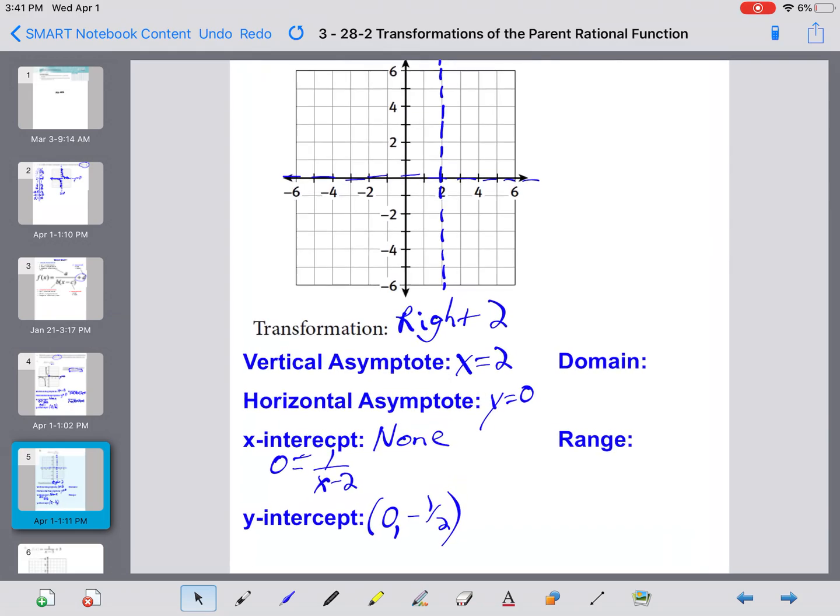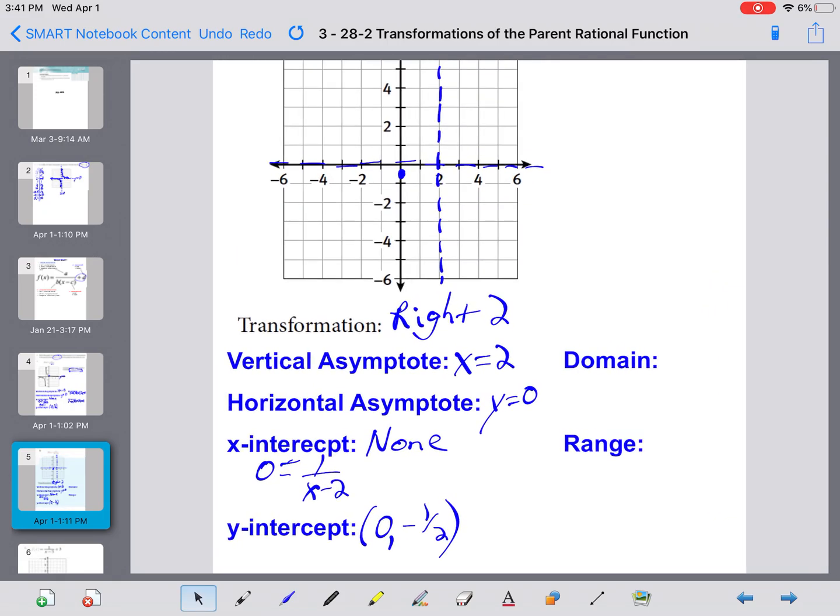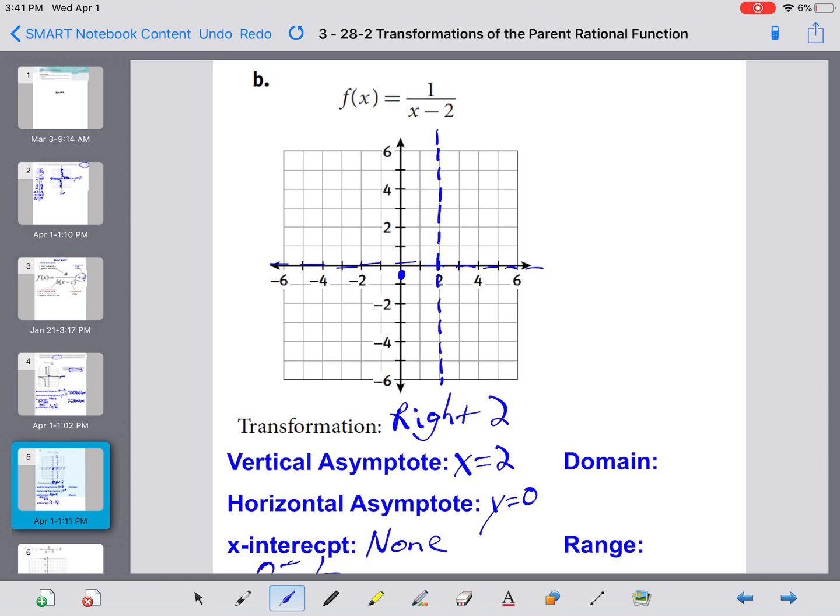Okay. So let's go back. We'll do domain and range in a second. Let's sketch what we know. We know the y-intercept is 0, -1/2. We know the vertical asymptote, and the horizontal asymptote we have sketched. Now, here's the next skill we should be able to do. We only have 1 point on this graph. That's not enough. Whenever you need more points on a graph,